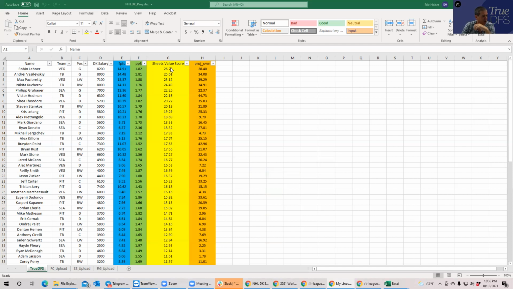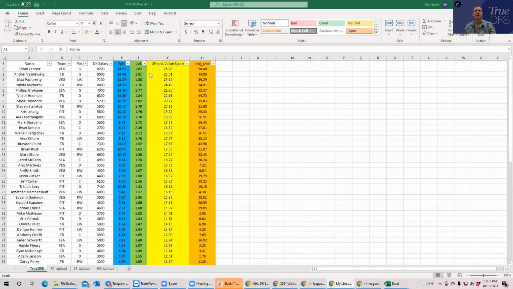Point per dollar is just point per dollar. Projected ownership is similar. That again just combines all the different ownership projections I can get my hands on, which have been back tested for accuracy and then adjusted as such. And you get this one column over here. What you can do with it, we'll get to in a minute, but these other value metrics in columns F and G. F is PP dollar, which is point per dollar, which is just your classic salary divided by points. And then